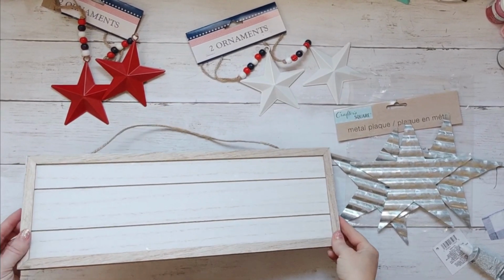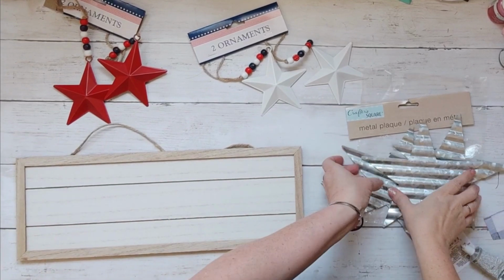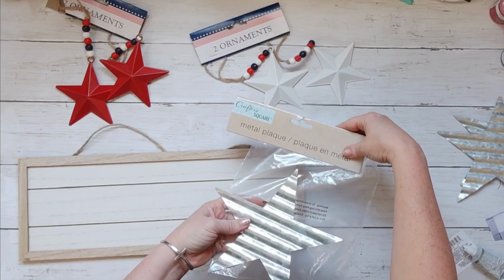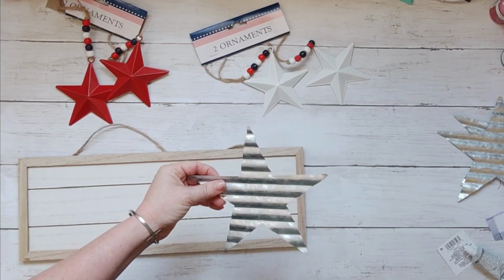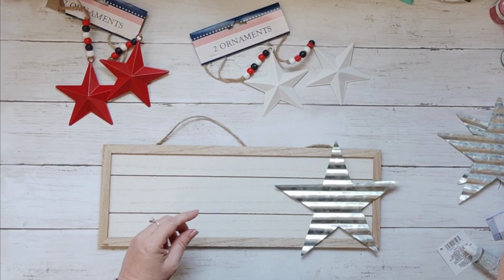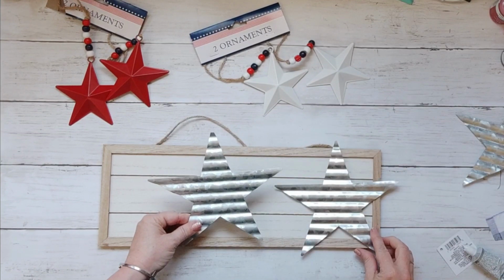Okay, so this one is a super easy project. Everything's from Dollar Tree. I picked up 3 of these corrugated metal stars. They're just in the regular craft section. And of course, this board is also from Dollar Tree. These stars are a little big,